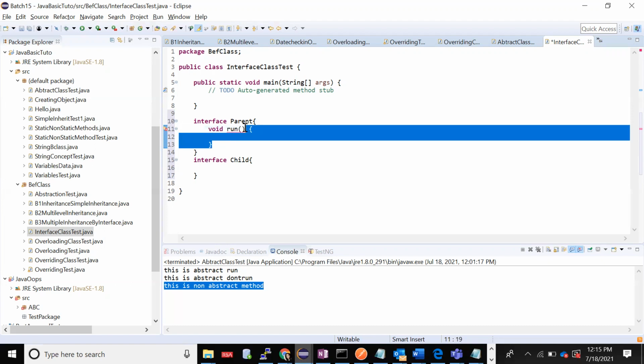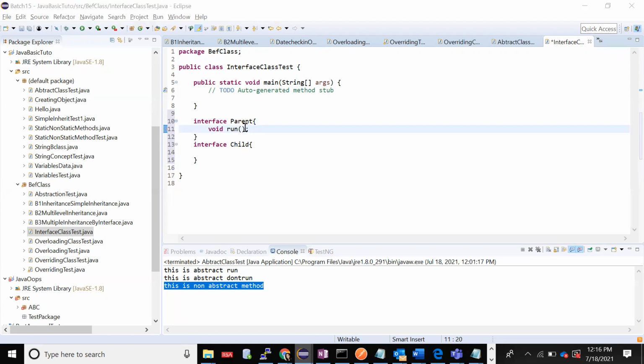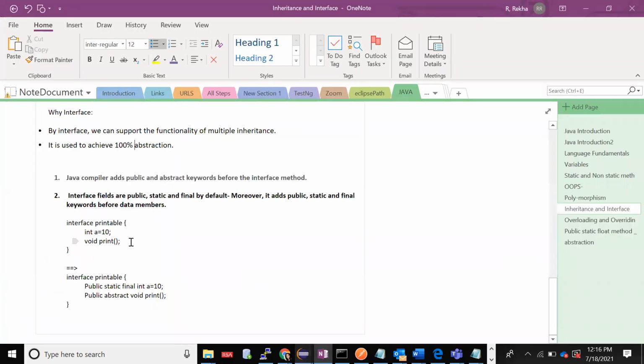The thing to note is that in an interface, all the methods will be abstract in nature by default. For example, if you declare a variable int a equal to 10 and one method void print, then internally, even if you're not declaring it, the compiler will add things to our code.